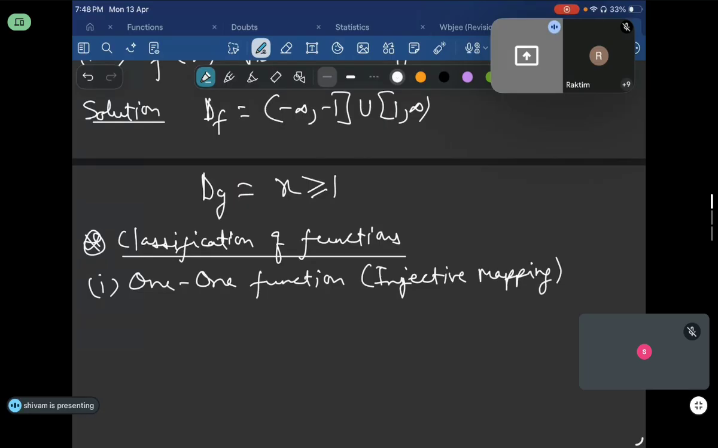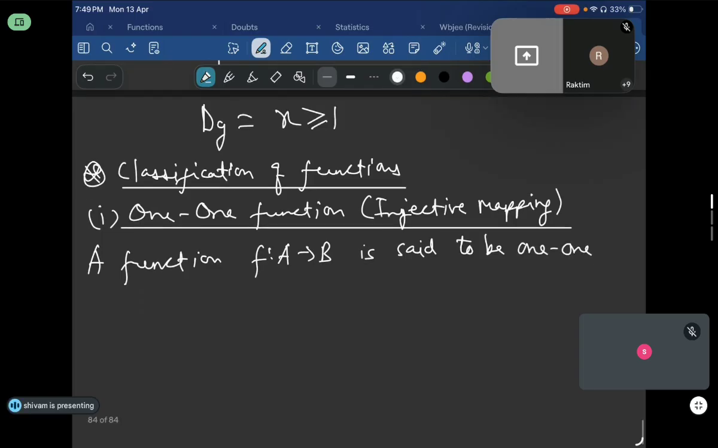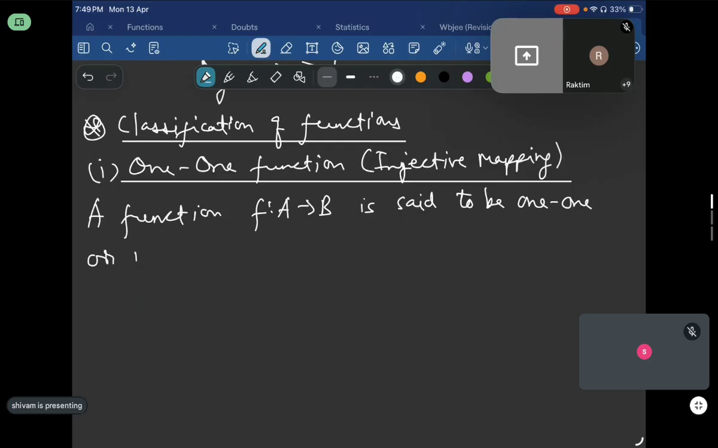One-one function or injective mapping. Pay attention. A function f maps A to B is said to be one-one, or injective mapping,